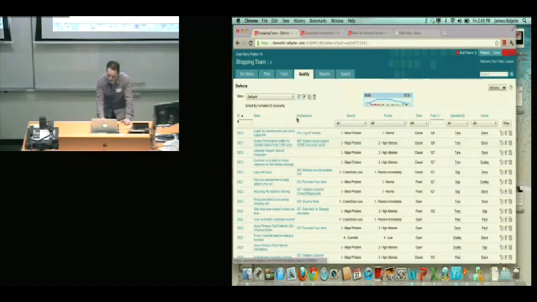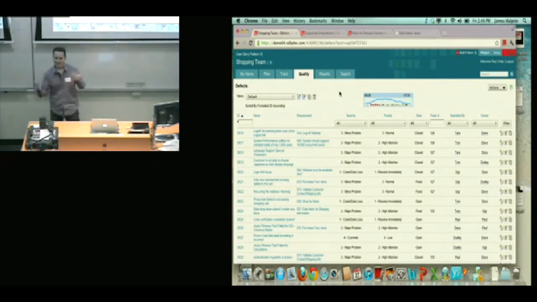When we look at the quality tab, defect and test case management is built into Rally natively, so you don't have to integrate to an HPQC, for example. You can just manage it all inside of Rally itself. But if you work in an organisation that has a standard for everything to go through an HPQC, then you can set up that integration. We don't dictate one or the other. It's up to you.